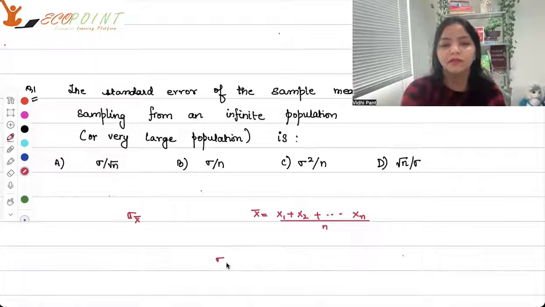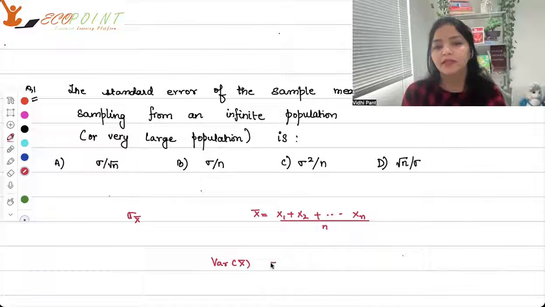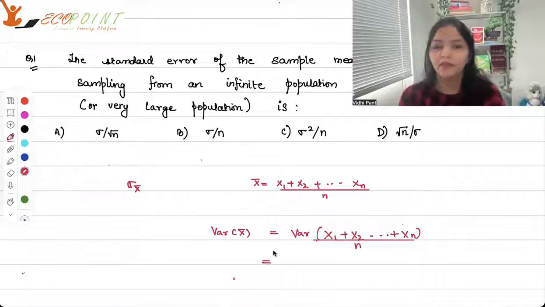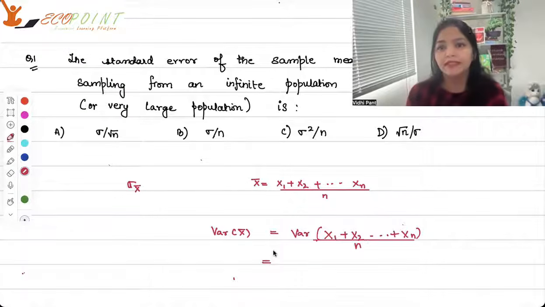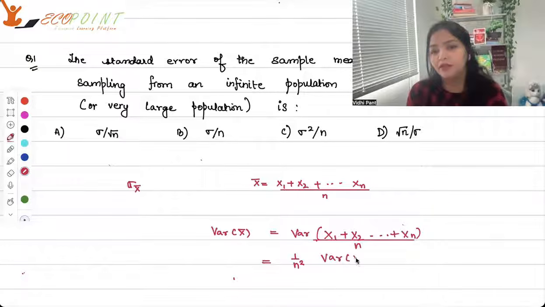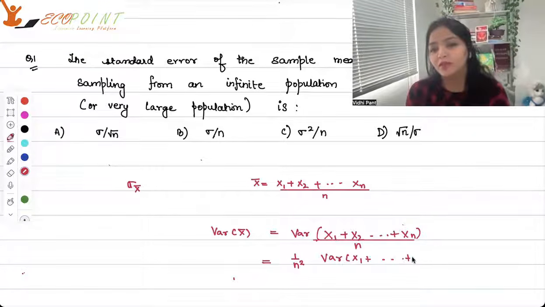Now, variance of x bar is basically the variance of x1 plus x2, so on and so forth till xn, whole thing upon n. We know that in variance, if I have to find out the variance of ax plus b, it is equal to a square variance of x, right? So 1 upon n square comes out common, and then you have variance of x1 plus so on and so forth,